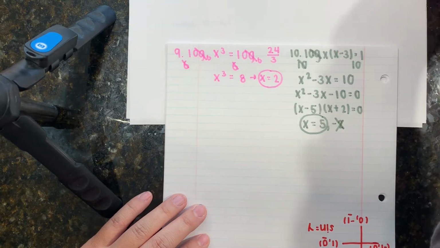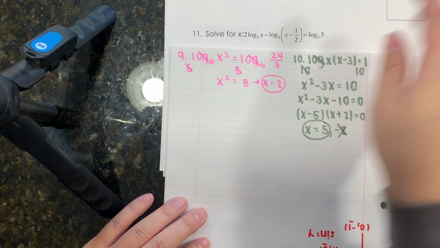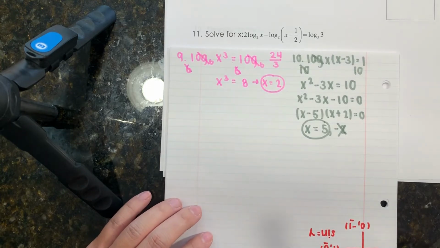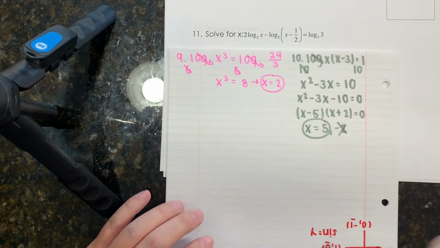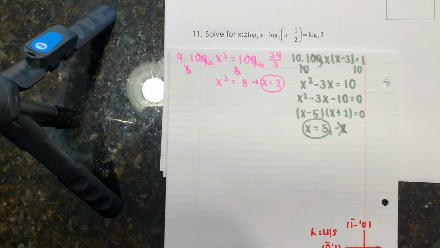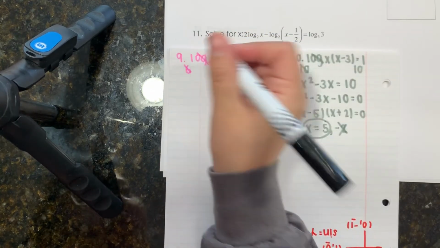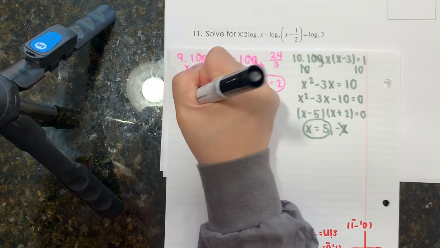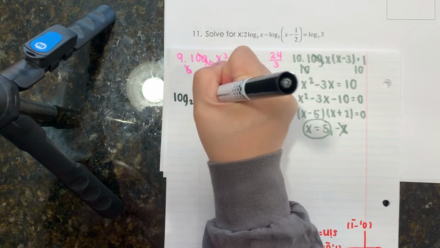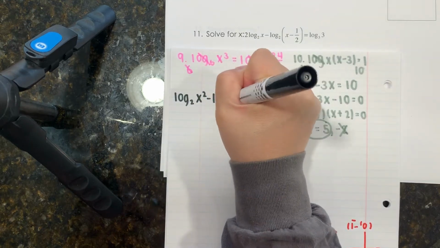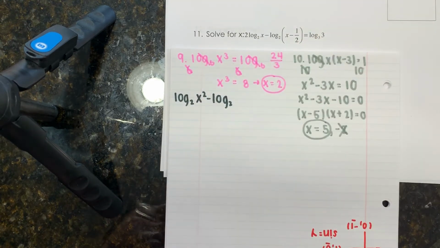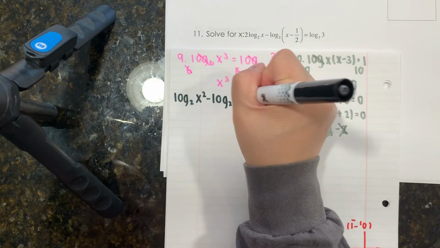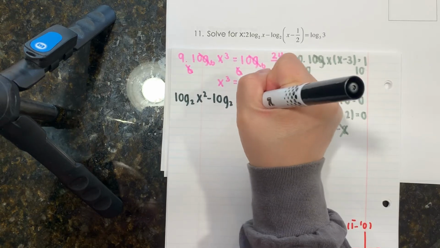Now moving on to number 11. Again, I see a number outside my logarithm and I see a minus sign. And on the right-hand side, this one's tricky. So I'm going to deal with the 2 outside my logarithm first. So that would become log 2 x squared minus log 2. I'm going to make that into a common denominator. So that would be 2x minus 1 over 2